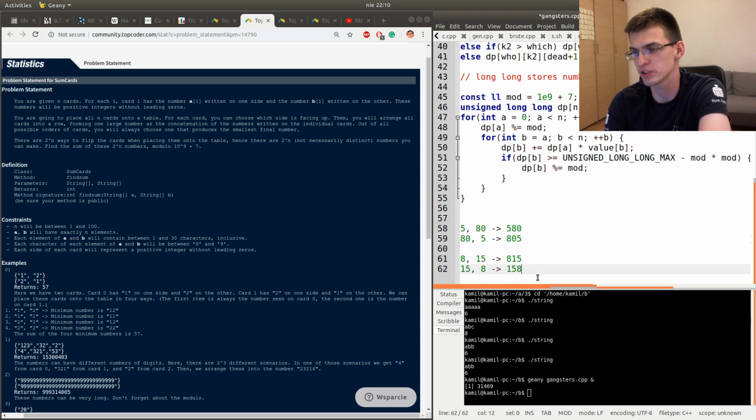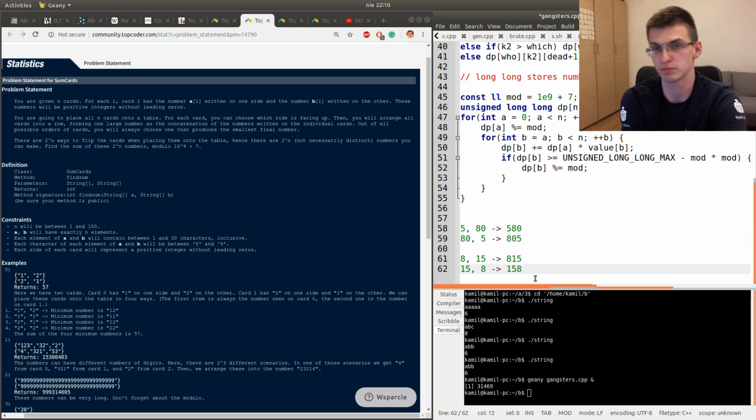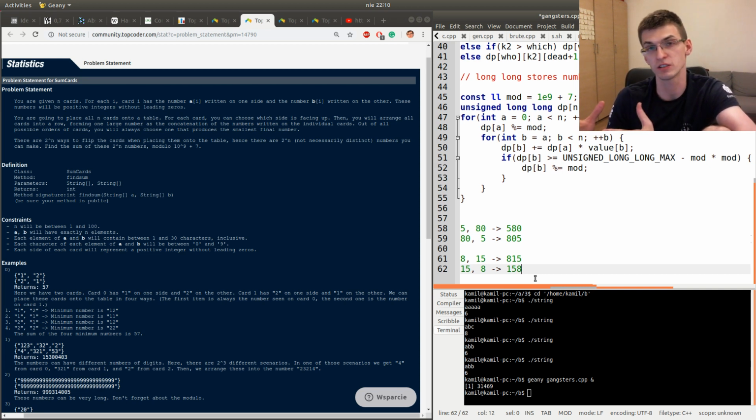So maybe we should sort them not necessarily increasingly, but by the first digit, so maybe lexicographically, because if you want to get a small total concatenation,